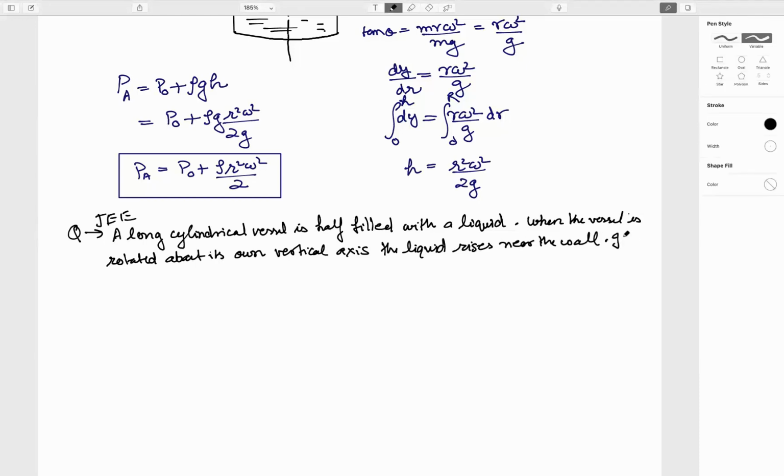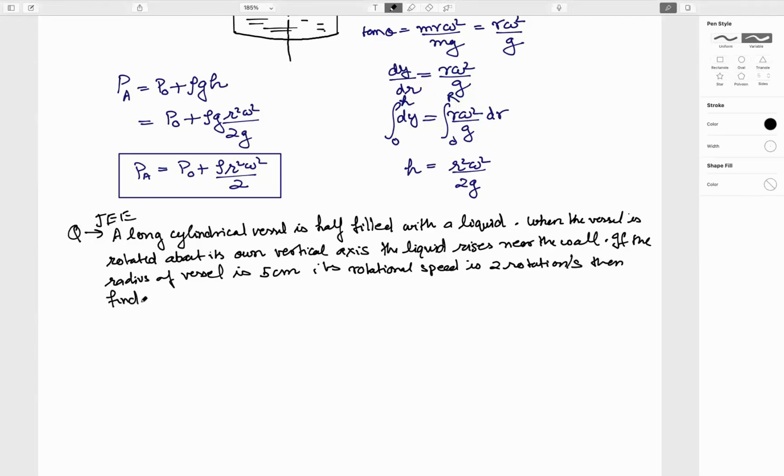If the radius of the vessel is 5 centimeters and its rotational speed is 2 rotations per second, then find out the difference in the height between the center and the sides